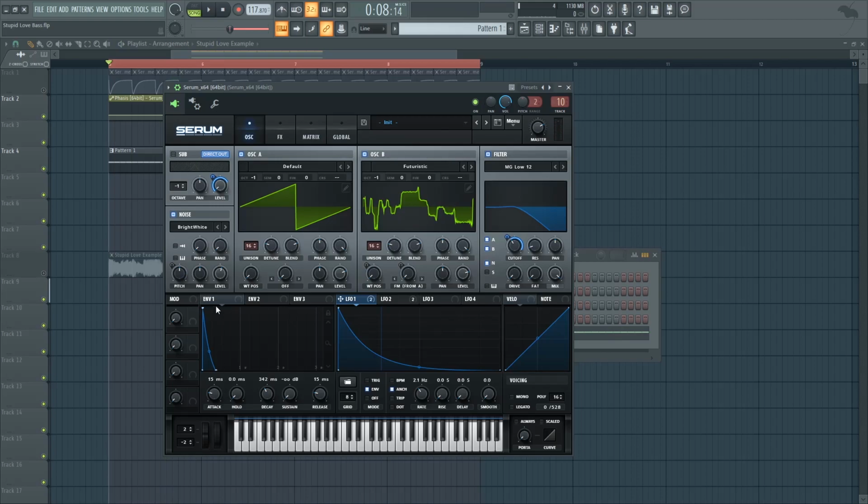And as for the volume envelope, which is envelope number 1, we have some slight attack so that it doesn't sound way too clicky. No sustain, and the decay is at around 350 ms. And make sure that the shape isn't too curved. It should be something like this. Just see what sounds right for you.